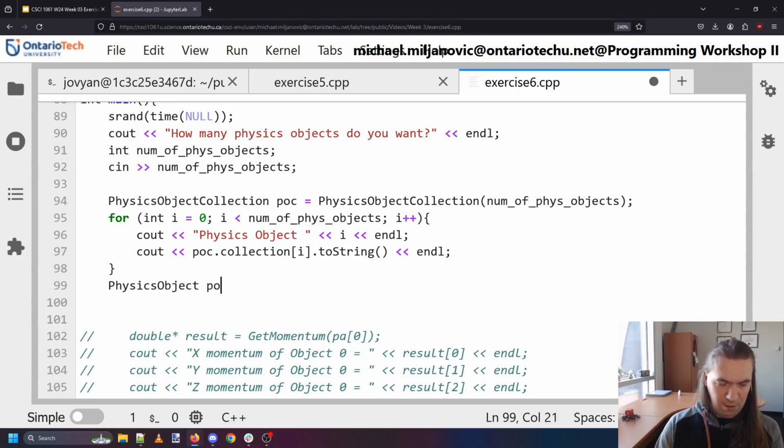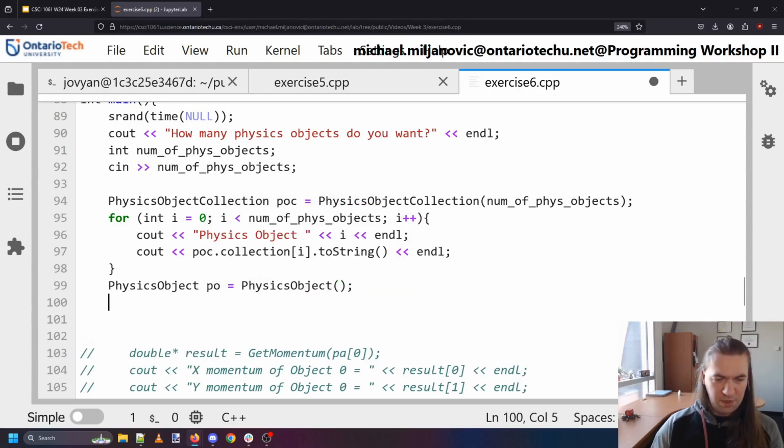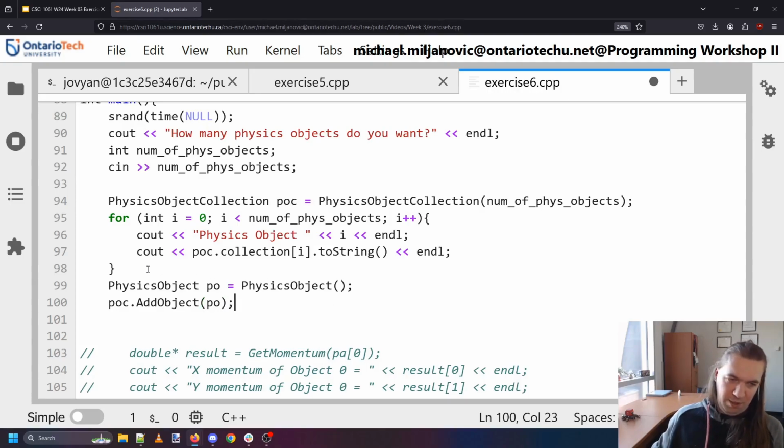Physics object PO equals physics object. So I got a new physics object. I'm declaring it just normally here. And we'll see what happens if I do POC.add object PO. And ideally, if this worked correctly, what I should be able to do is now go